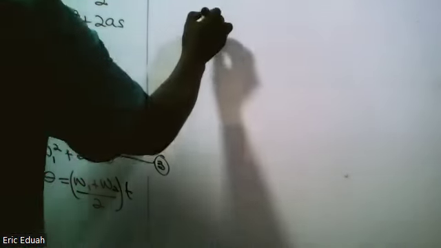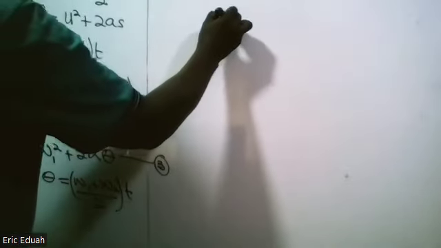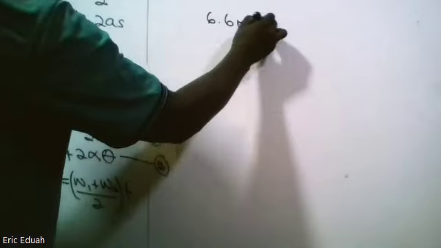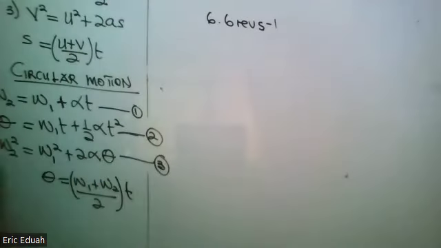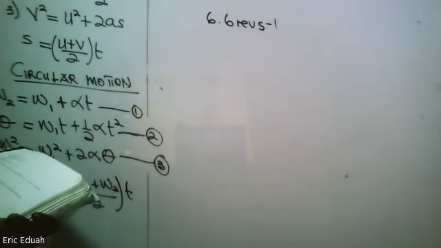Consider the time again. After 30 seconds, it attains an angular velocity of 6.6 revolutions per second. Calculate the angular acceleration